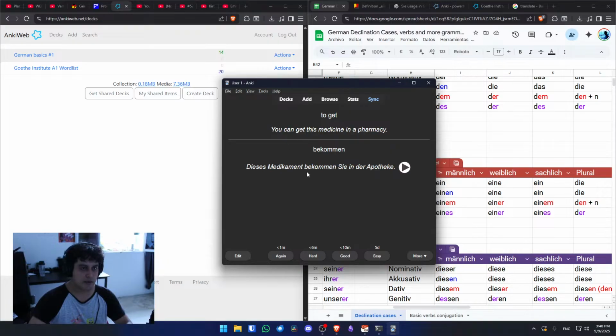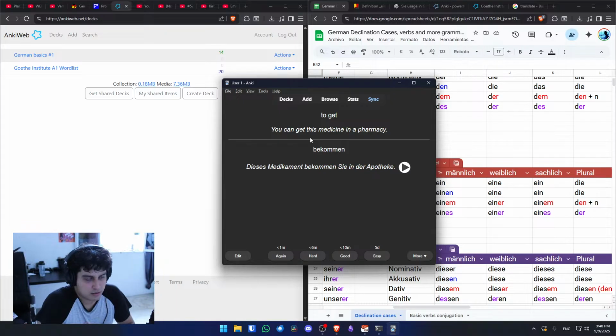Dieses Medikament bekommen Sie in der Apotheke. But I said, du kannst dieses Medikament in der Apotheke bekommen. Yeah, because I use kannst, but if I don't use kannst, it will be dieses Medikament bekommen Sie in der Apotheke.